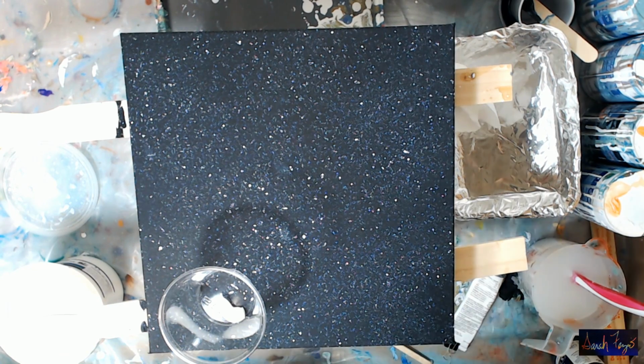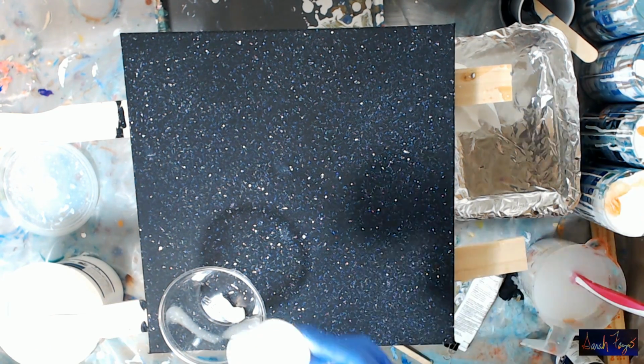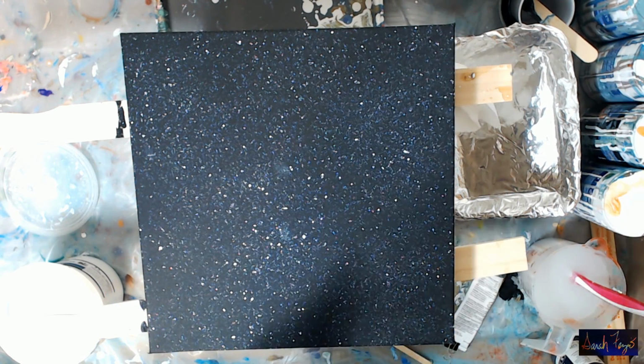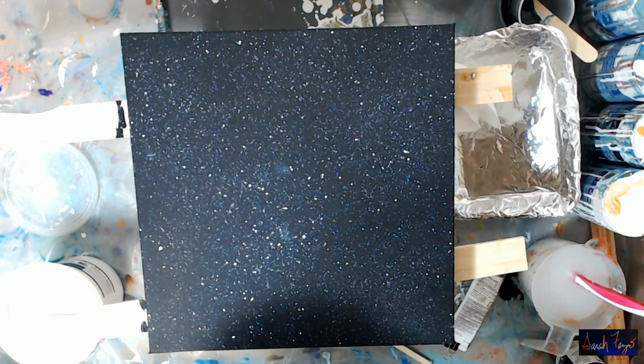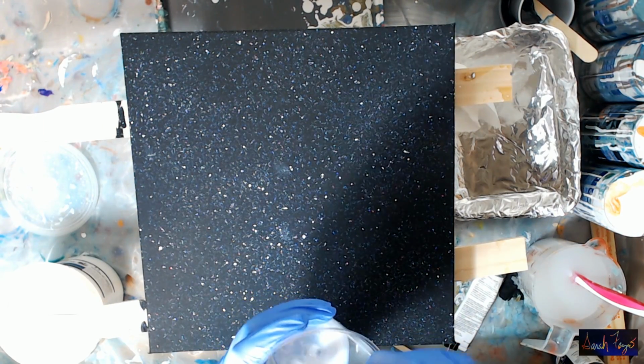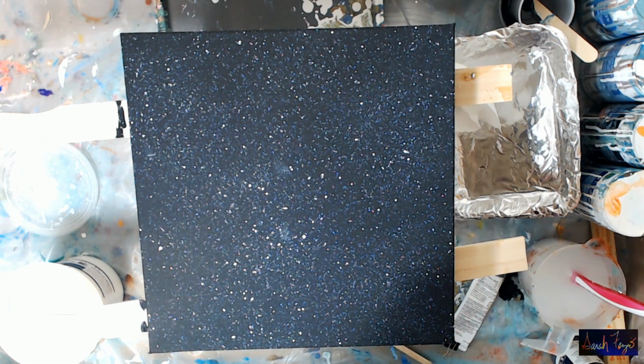This will dry clear, and what this does, well, with Matisse paints, it works a lot better. So it has to do something with their formulation. But what it's going to do is, with Matisse colors, it liquefies your heavy body paint. Doesn't quite do the same thing with other brands, but I don't have a zinc white